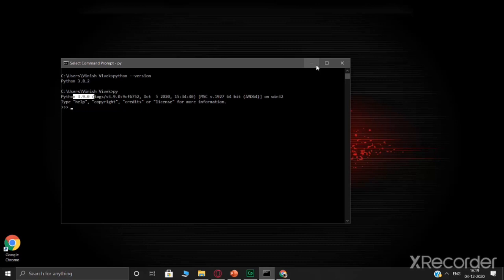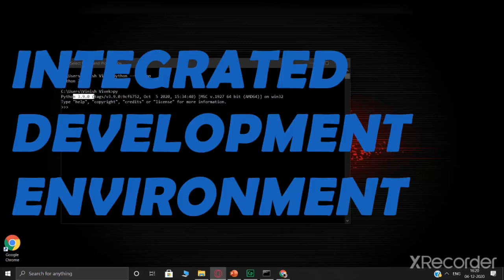There are two ways to use Python. One is that you can directly write into a notebook and save it as a .py file. But the best recommendation, the best method to work with this, is to use an IDE. Before I talk about how to get an IDE into your system, let's first talk about what an IDE is.